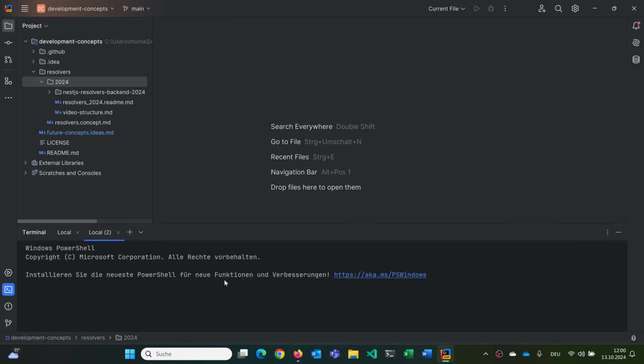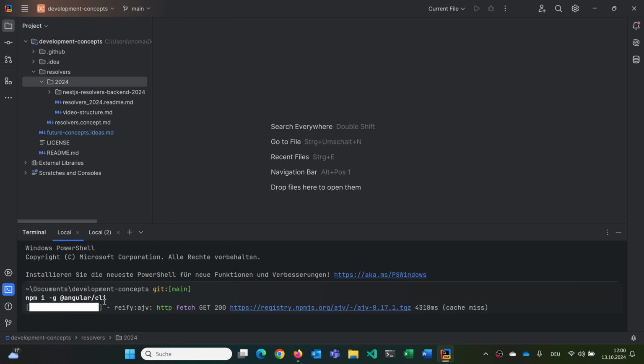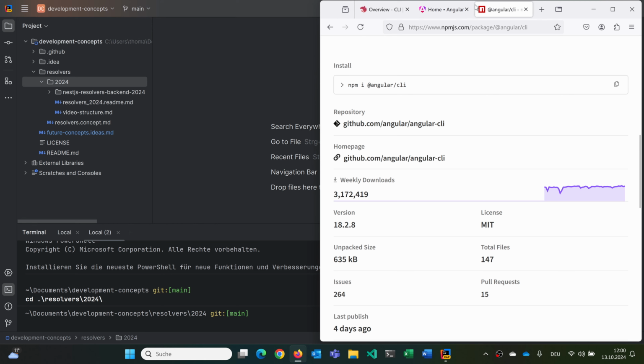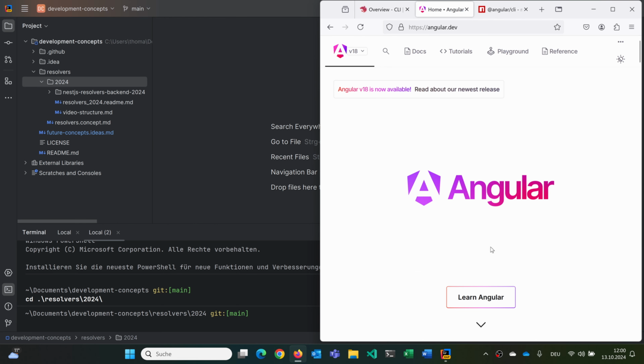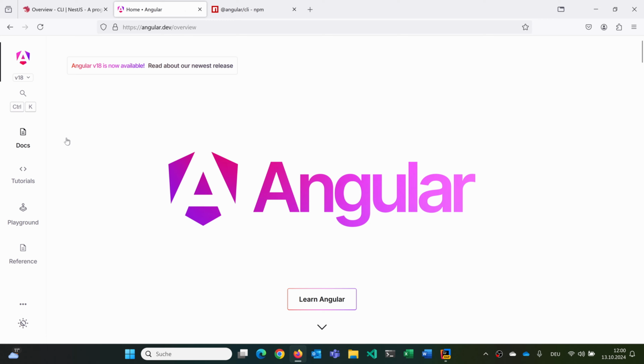So here we can now cd into our folder. We can go to resolvers and then to 2024. And here now we want to create our Angular application. So as soon as this is finished, we can use this, and then we can go to our Angular documentation. Here, let's make it full screen. Go to the docs,